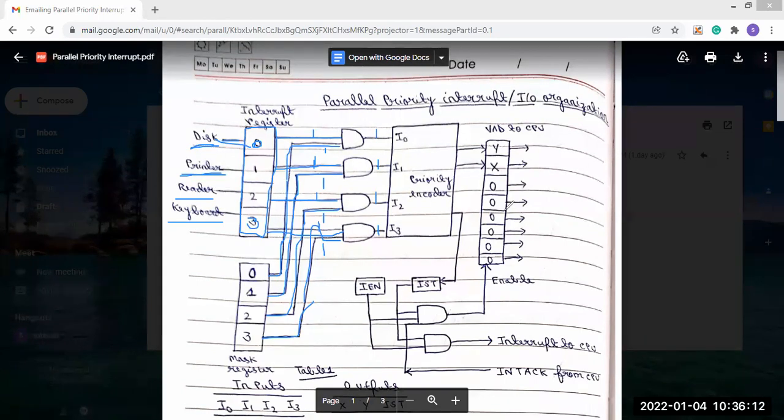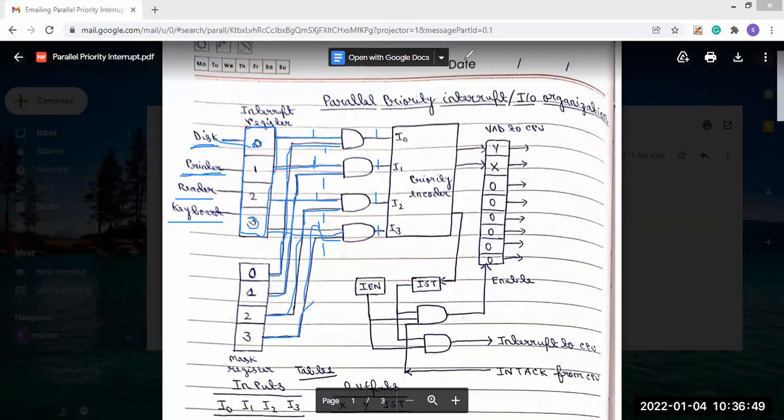So this is the basic formation. Case by case, I will not be able to explain today as there is not so much time, but this is the generalized format: from the priority encoder the address will be generated, and the CPU will go to that address for the interrupt service routine and handle the interrupt.